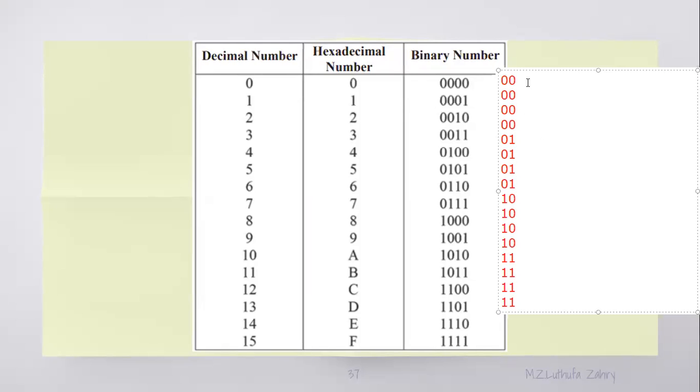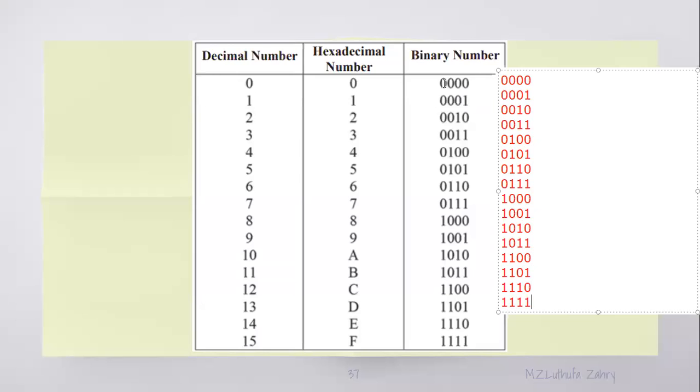And here, 2 zeros, 2 ones, 2 zeros, 2 ones: 0, 0, 1, 1, 0, 0, 1, 1. Finally, 0, 1, 0, 1, 0, 1, 0, 1, 0, 1, 0, 1. Did you get it? This is how we form the table.